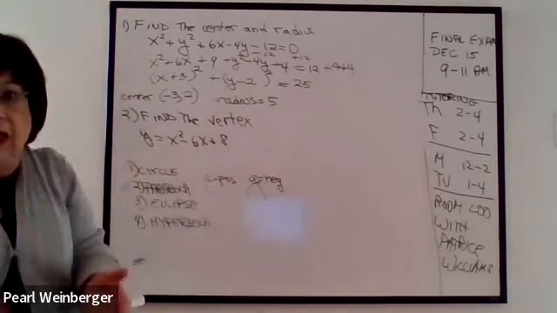But what's different about this than the circle and the ellipse is the fact that between the x squared and the y squared term, there is a minus. Then not everything is positive. Either the x squared term is positive or the y squared term is positive. One is positive, one is negative. You could even have something that looks like this: y squared minus x squared equals 100. This would be a hyperbola,